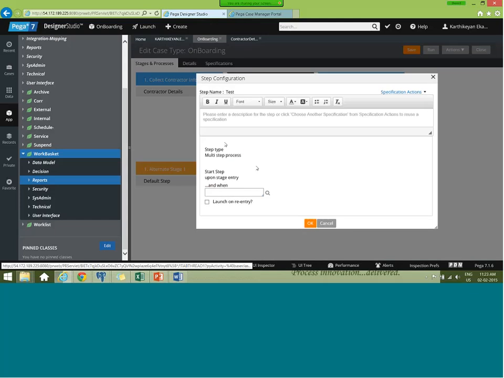So this you can't make any change. From single to multi you can change, but from multi to single you can't make any changes over here. So I'm adding one more.